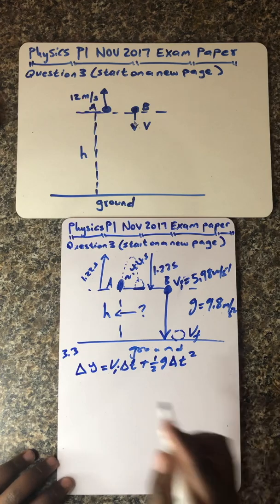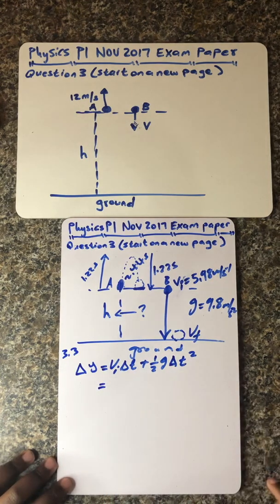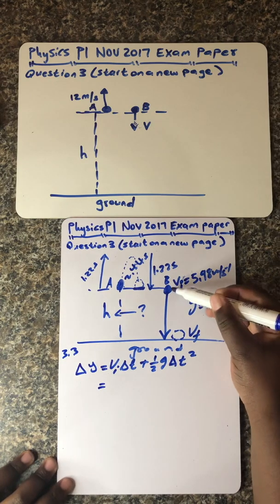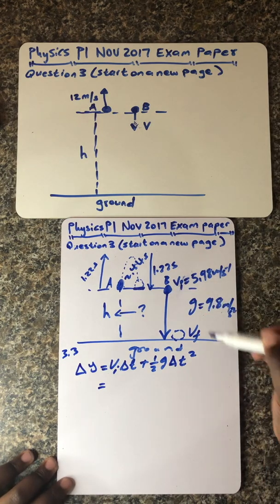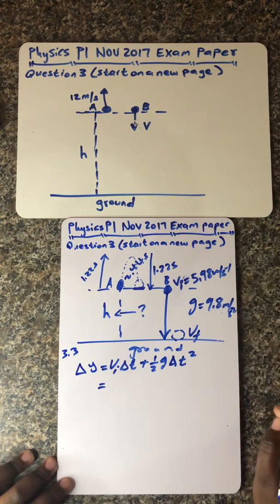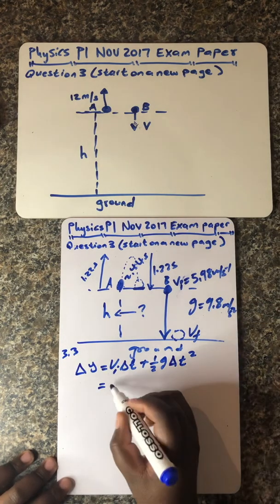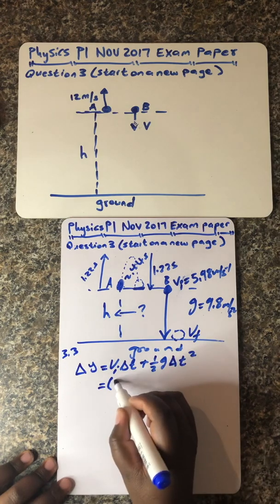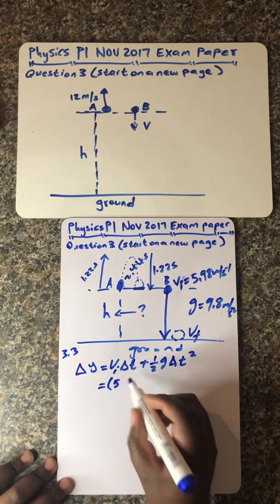Okay, so we now substitute into that formula. Remember guys, object B was thrown vertically downwards and its initial velocity was 5.98 meters per second, previously calculated. So we substitute